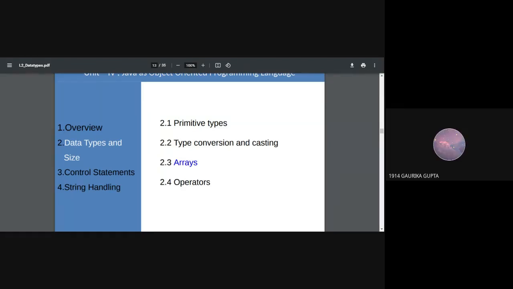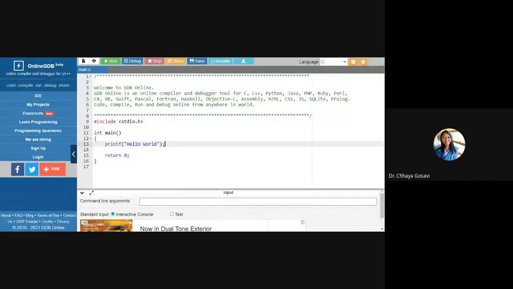The data type and the brackets with the number of elements in the array. Okay, for example, I want to create an array of integer of size 5 in C language. So I'll define it like this, int A of 5, right?